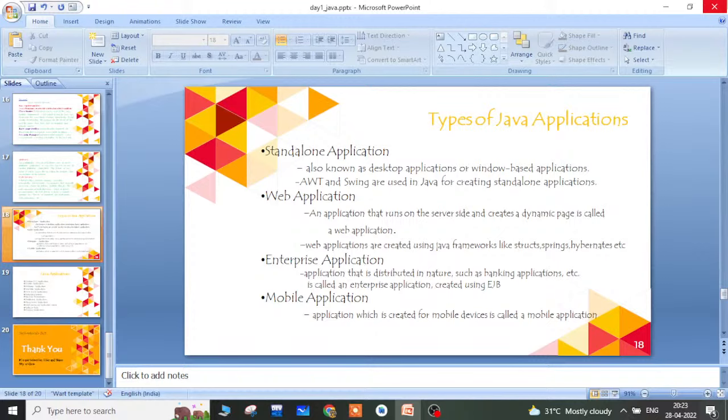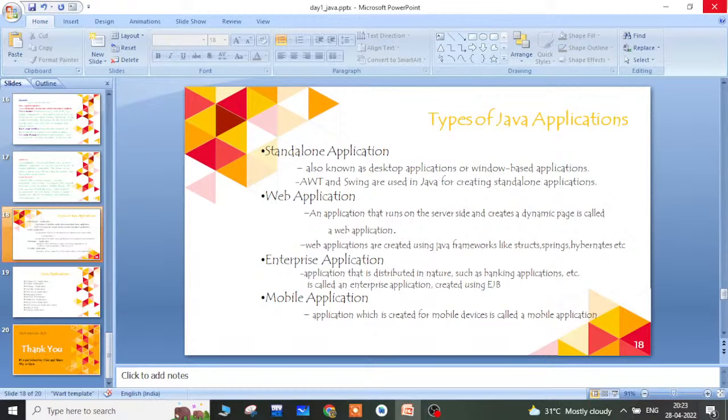Whereas the second type of Java applications are the web applications, and these applications run on the server side and create dynamic pages, and that is called a web application.